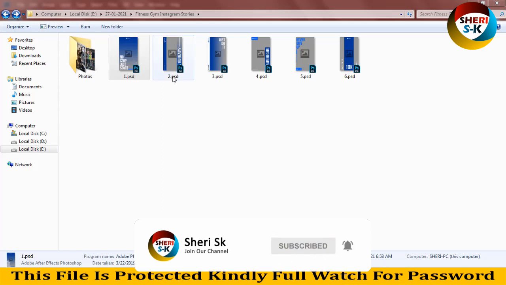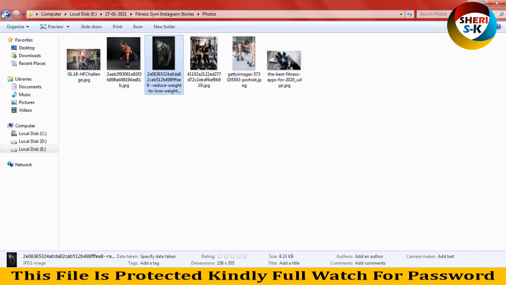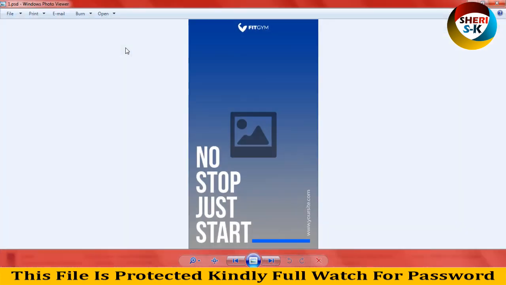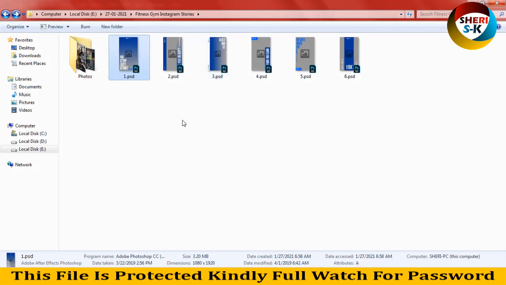These are 6 files for Photoshop CC and here is some photo from web. So first I show you this design, your photo here. You can adjust one by one. So I drag this file in Photoshop